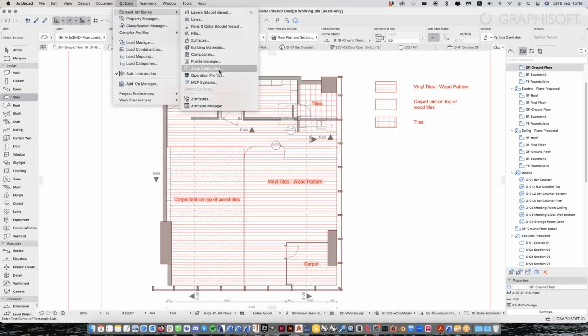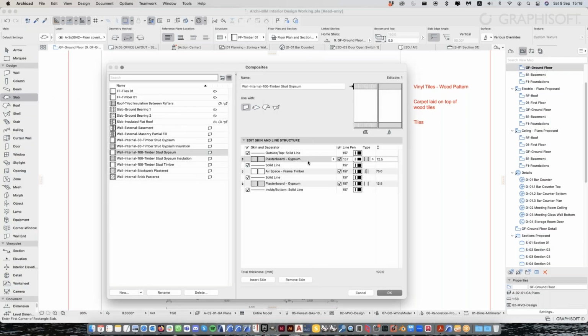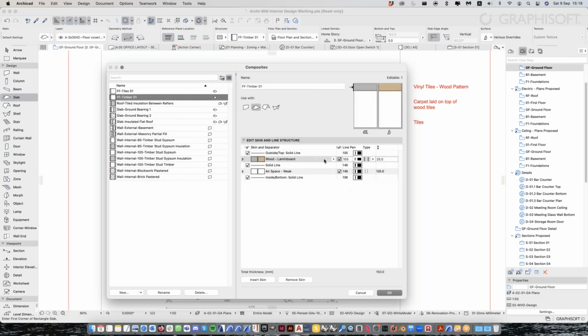This is where you can access all the different attributes in your project. I want to be checking a composite, so I will just go to the composites, click, and it will have the full list of composites that are in my project. It is also where we were just now. But this time I'm looking at FF Timber 01. What is it? The top piece is a 25 mm wood laminate board, and this bottom is just an airspace,